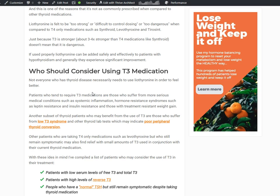How can I get on this medication? I want to have weight loss, I want to have more energy, etc. You know, whatever symptom you're struggling with. Now, that doesn't necessarily mean that all patients should use it, just because there are a lot that do well